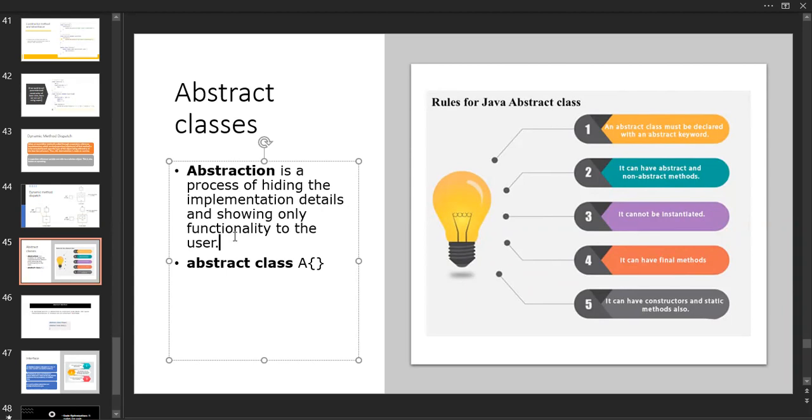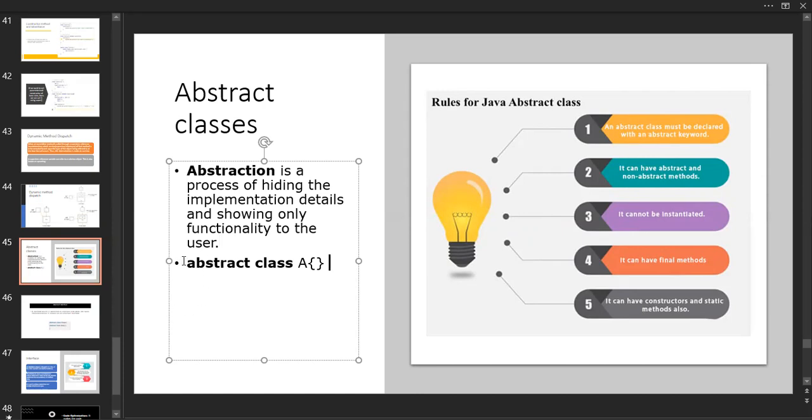You just use 2 plus 3, or 2 by 3, or 4 by 3. What are all the functionalities they provided? But the implementation, the program, you can't see that. This is called abstraction. The simple way: you can't see the implementation program of the programmer. You just use the functionality, which we call abstraction.